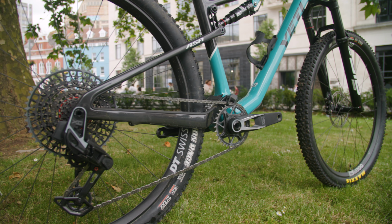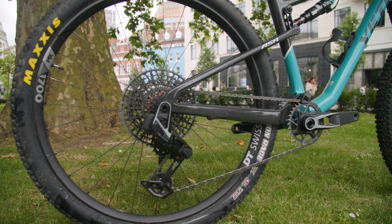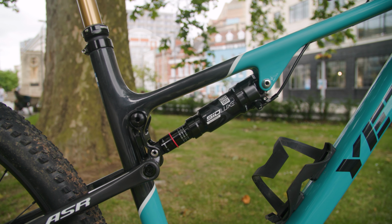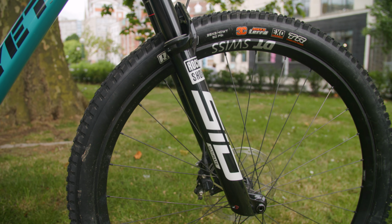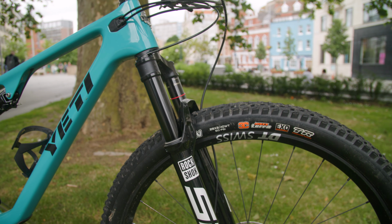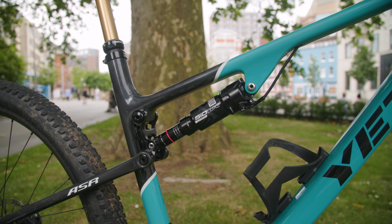But it has got pretty much everything you could want from an XC bike. It has SRAM's XO transmission, as per the name of the build, and unusually for the Yeti, you get RockShox suspension rather than Fox, which the brand has traditionally fitted to its bikes. It has the latest 35mm stanchion SID Ultimate up front and SID Lux shock out back, delivering 120 and 100mm